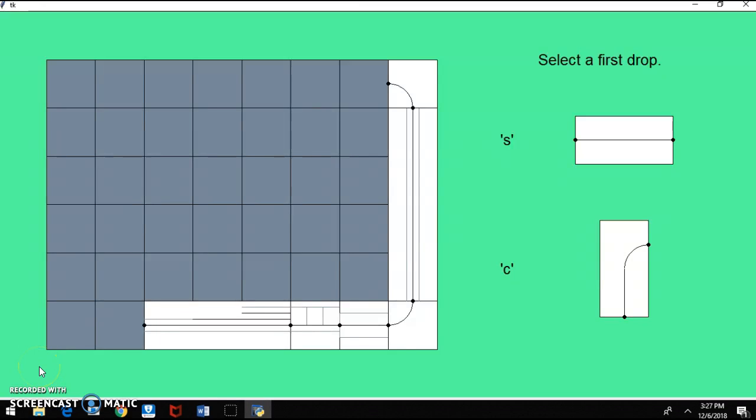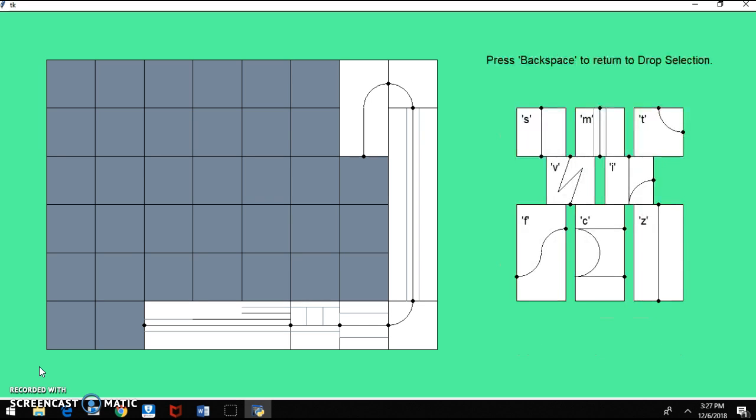Hello there. I am your trainer, Donovan Gionis, and welcome to A Non-Standard Operating Procedure, where the user will be able to both design and operate their own coaster. We'll start by selecting a drop. I'm going to go with a curve drop, and then we'll proceed to the meat of the layout design,